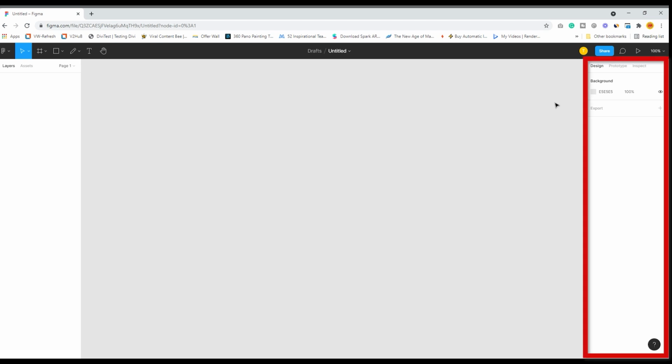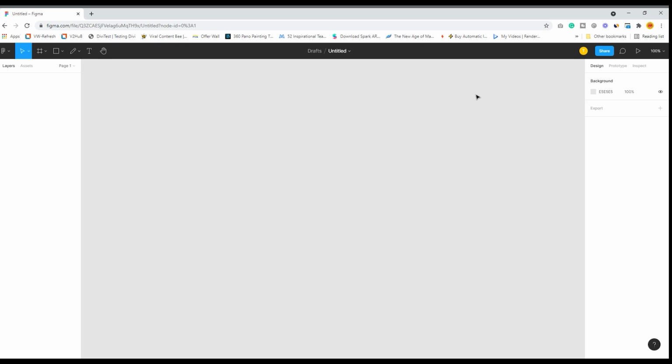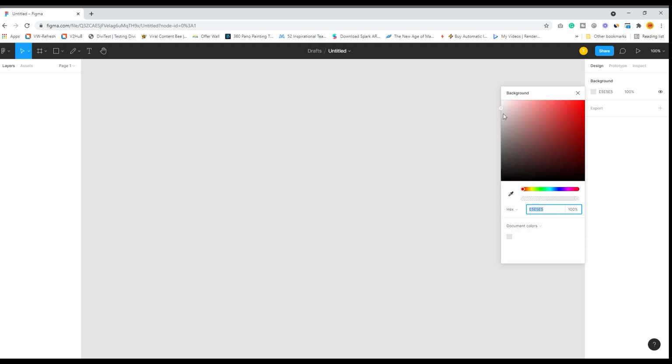On the right hand side, you have the entire properties. So whatever tool I select over here, based on that tool selection, you will get the properties for the same. Currently there is nothing in the interface, so you can just see the background of the Figma interface. I can change this particular background as well. See, as I drag down the colors, the interface becomes darker.